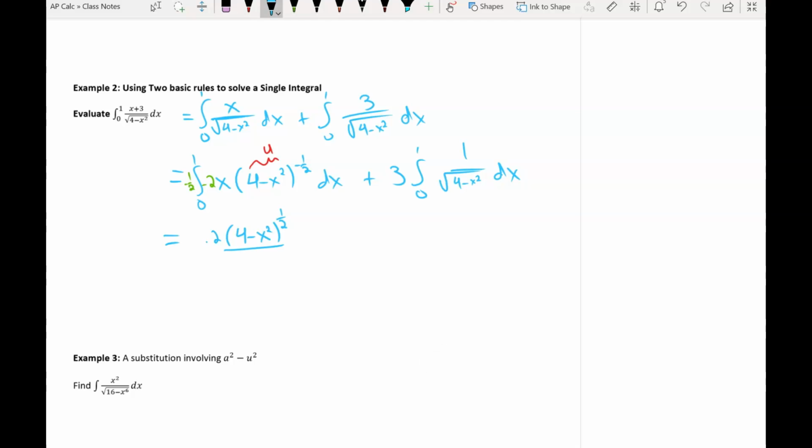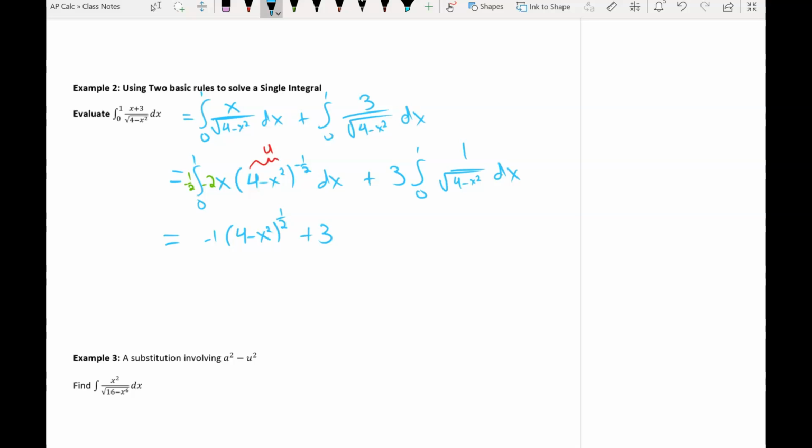Keep in mind, once we do the antiderivative, this effectively gets rid of the negative 2x. So that's going to be gone, and we're left with this constant negative 1/2. Negative 1/2 times 2 becomes negative 1. We've done the antiderivative of this; basically, we've just reversed the chain rule. So we have negative 1 times (4 minus x squared) to the 1/2 plus 3 times